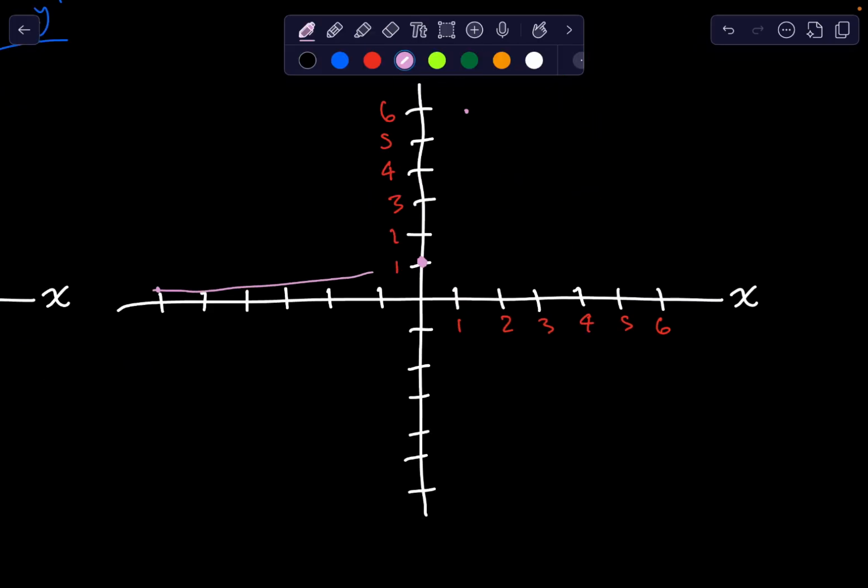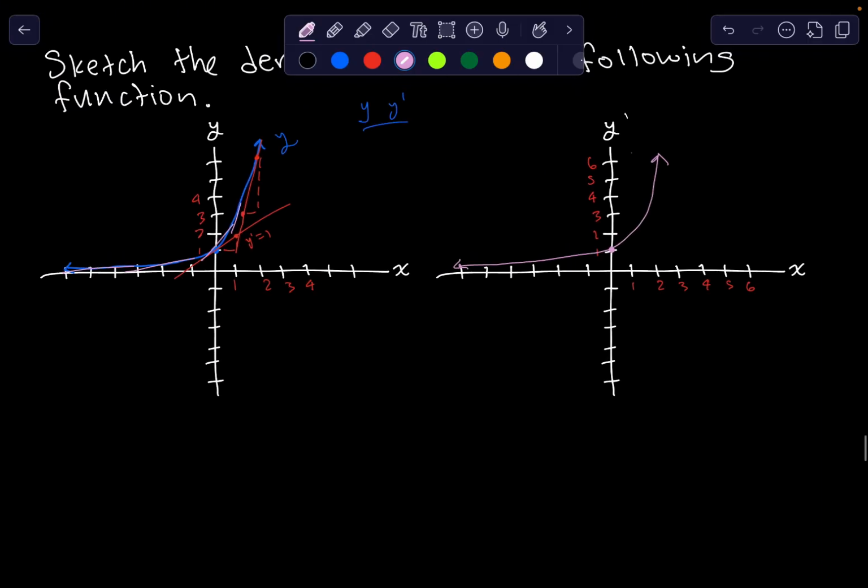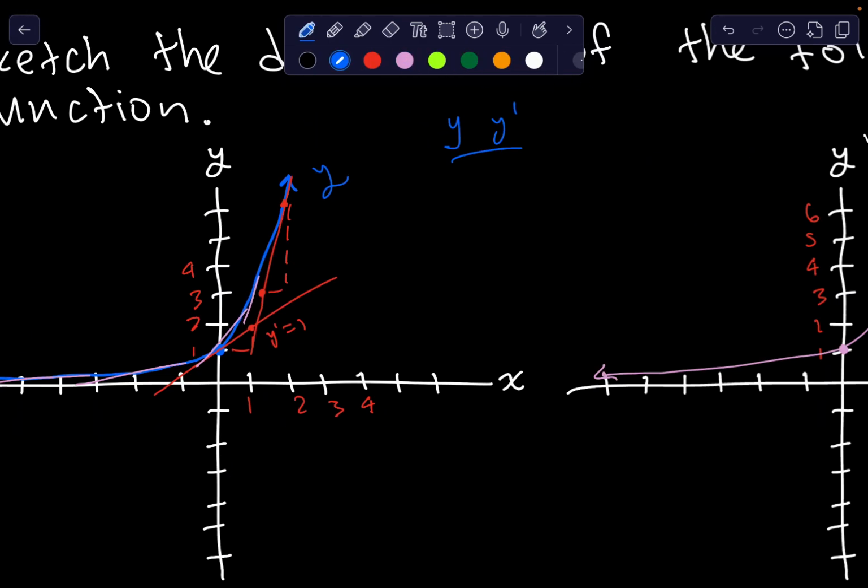Whoops. In fact, that's a little sharp. Boom. So as you see, it carries the same shape. How can we prove that shape further? Well,